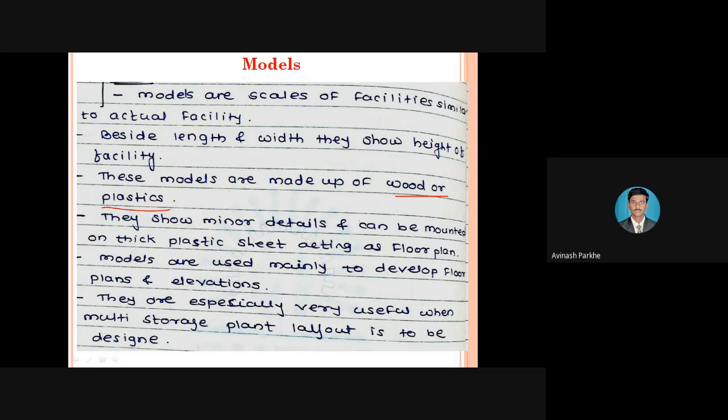If you take the example of your TOM, in TOM some models are there, maybe the slider crank mechanism, then maybe you can take the example of the gyroscopic couple, the model of the gyroscopic couple is available. Whatever the number of mechanisms are there for the theory of machines, we have models in our TOM lab. Through these models, you can easily understand how the slider crank mechanism works, how the gyroscopic couple works. So if I explain all those concepts using such models, you will get the information immediately.